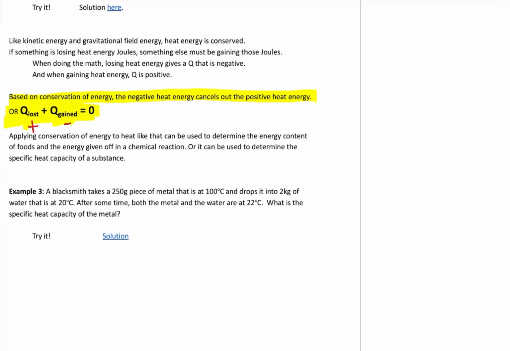You can almost think of it like a bank account thing. Oops, I wrote that backwards. That's not good. The thing that loses energy is going to have a negative Q. The thing that gains energy is going to have a positive Q. So let's say you're doing some business work, you transferred money from one account into another. You would see a deduction or a negative in one account and a positive in the other account. We always have to be able to account for our money, so if you took $100 out of one account, we should see a positive 100 in another account.